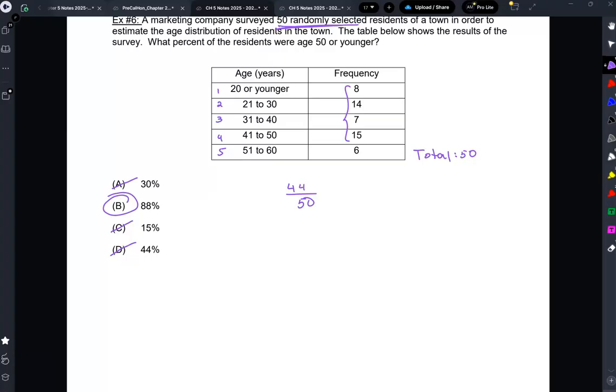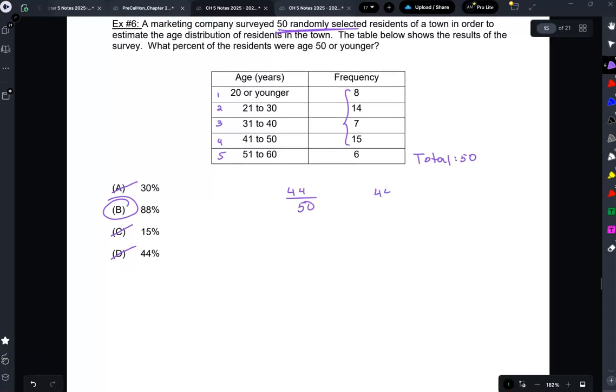So now 44 over 50 might be easier for some people to do. But let's say it was 44 over like 61. Now that's harder to do mentally, right? But then again, you can ask, is that more than a half or less than a half? And you can at least get rid of some of the choices, eliminate, and make an educated guess. Okay? All right. I still don't understand. I get that you divided it to get 88%, but